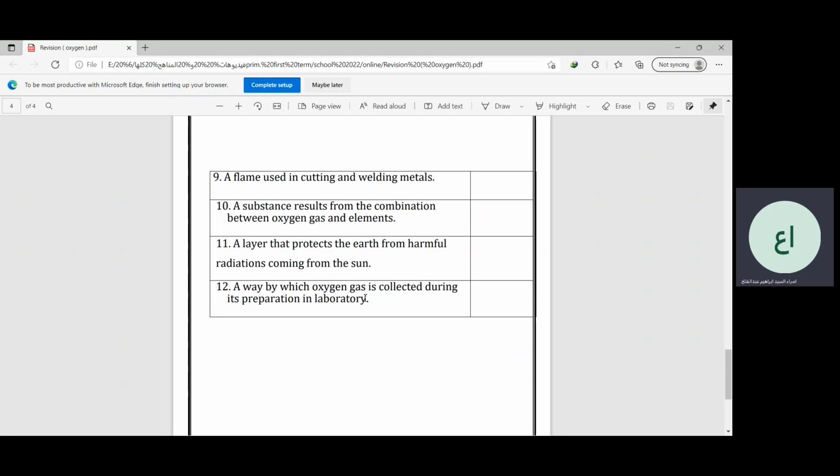A way by which oxygen gas is collected during its preparation in laboratory. يا شباب ايه هي الواي which oxygen gas is collected during its preparation in laboratory بتكون مين؟ downward displacement of water. بأكد تاني على كلمة water مش air. اوكي، يبقى ايه هي الواي by which oxygen gas is collected during its preparation in laboratory هو downward displacement of water. Okay,